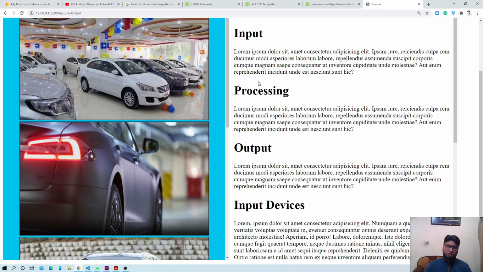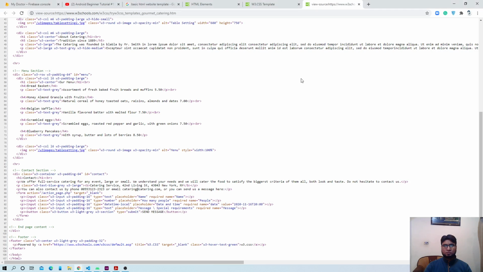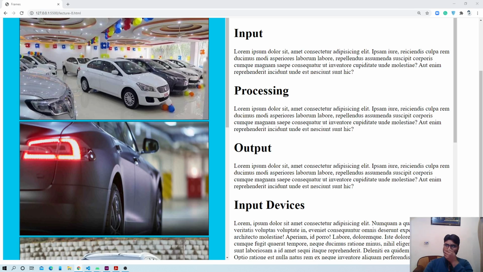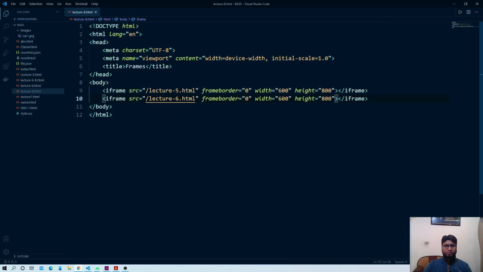So I hope you understand it very well. So this is the end of iframe, because nowadays we mostly don't use this type of thing, right? Okay, lecture